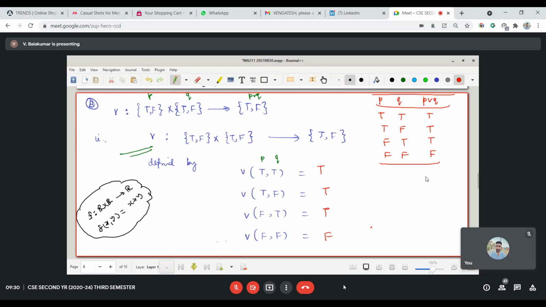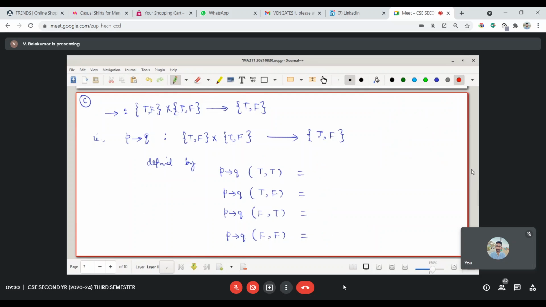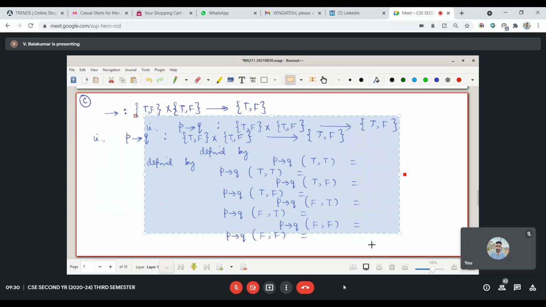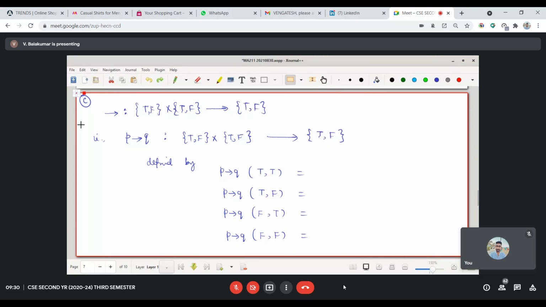For example, suppose you have implication. Here you have written implication like this. So this thing we shall do one more way. The implication also can be written